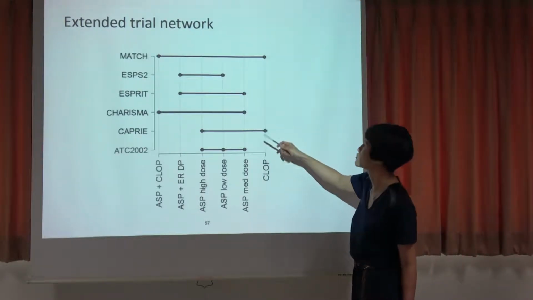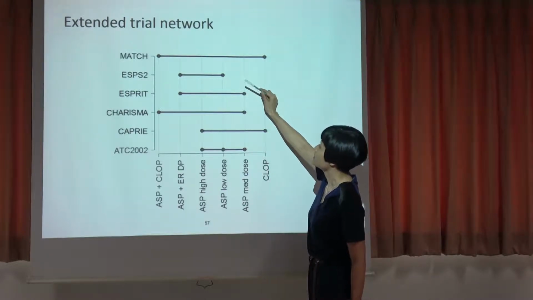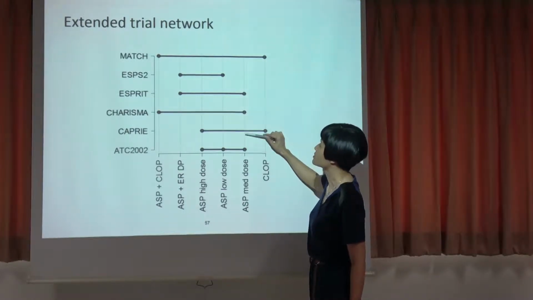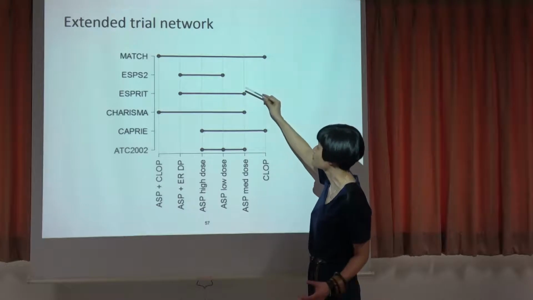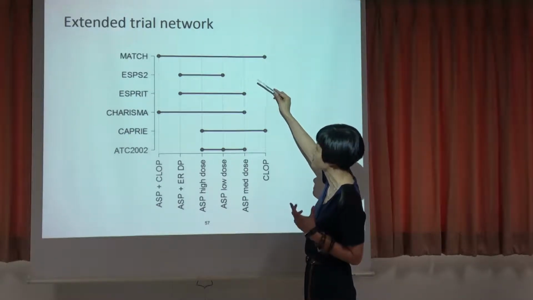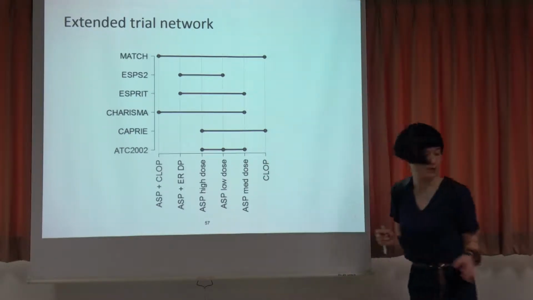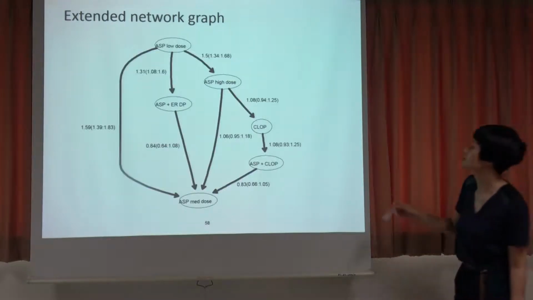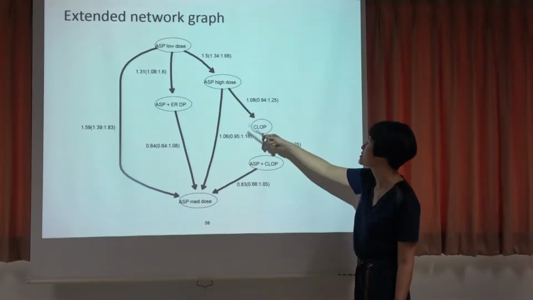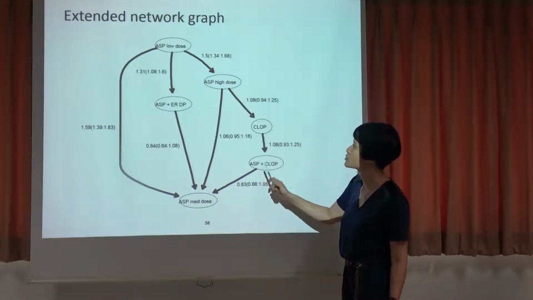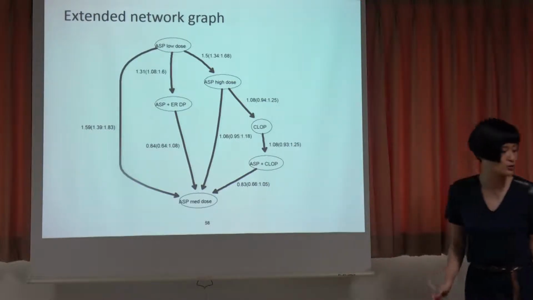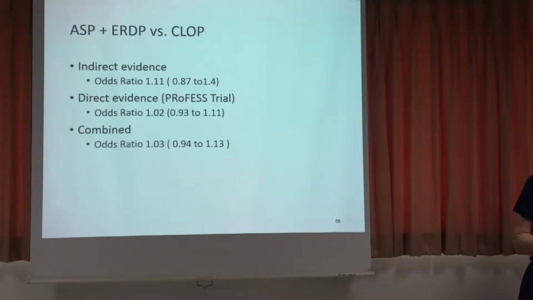Previously, we only had 3 trials. We only looked at the ESPS2, Esprit, and Capri in the previous graph, previous slide. But this looks at a broader network. So basically, what this has done is to broaden the network and bring in the different dosages, so drawing more information from the analysis. And comparing these two, we've got direct, indirect, and combined evidence confirming there's no difference